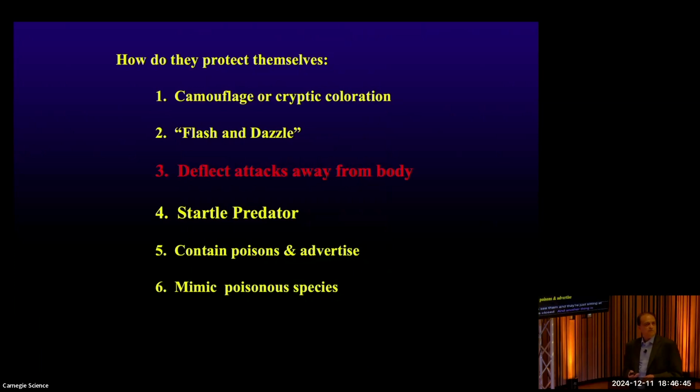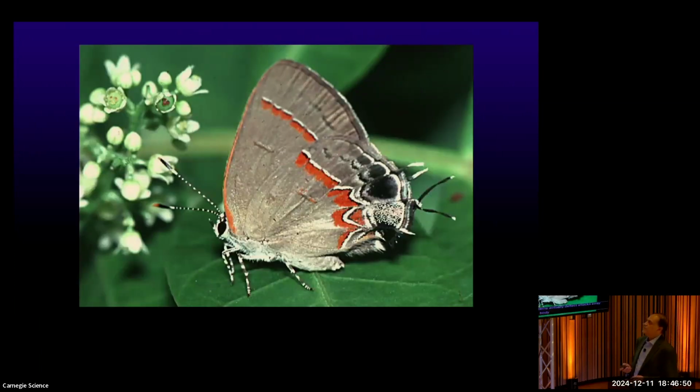Another thing is that some of the colors and patterns actually deflect attacks away from important parts of the body. You've probably seen adult butterflies flying around that are very tattered. As long as the leading edge of the forewing is intact, they can fly. And remember, the adult is just one phase of the life history. Most adult butterflies are short-lived as adults, and their point is to find a mate, lay eggs, and guarantee the next generation. In fact, some very large moths like Luna moths don't even have mouth parts. They can't even feed as adults. So they're very transient in nature, and they just have to stay alive for relatively short periods of time, in many species.